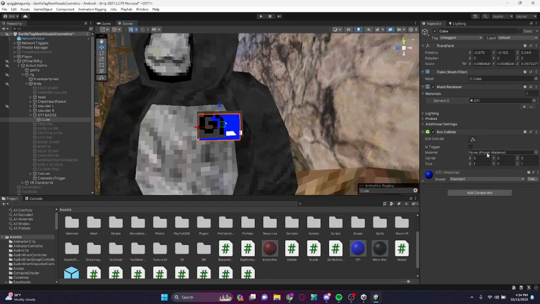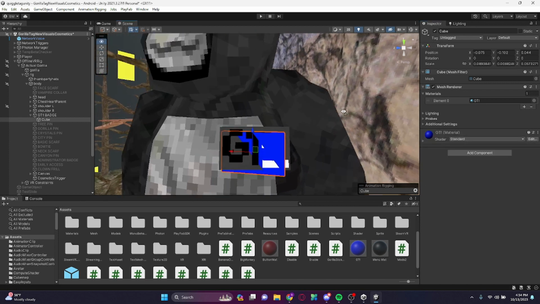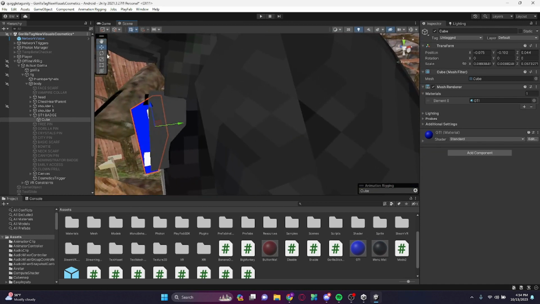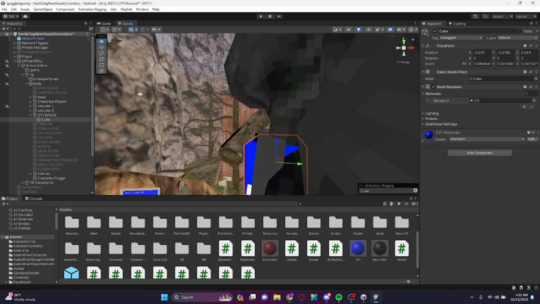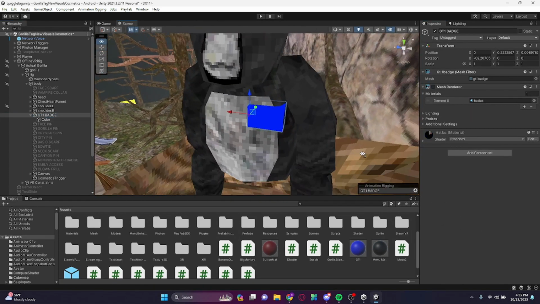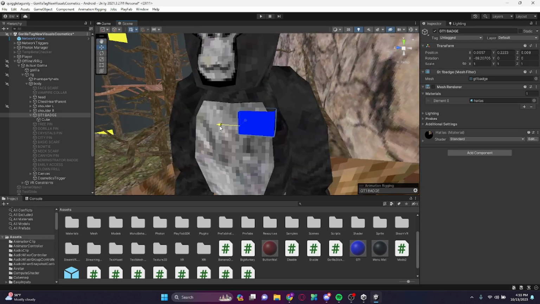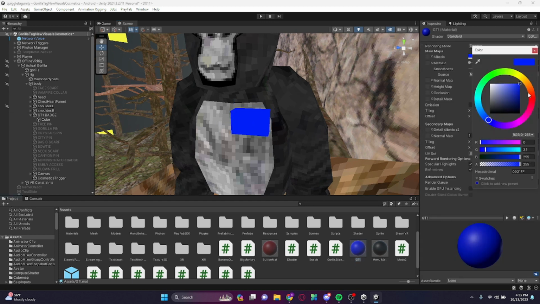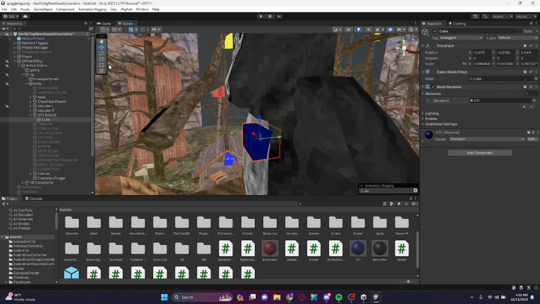And then make sure, this is the most important thing. Just remove this, or it's gonna make you go flying. I'm just gonna put this back a little bit. And then click on this, turn off the mesh render. And then just align this to where you want it to be. I'm gonna make this a little darker, like that, and then we'll shrink that,